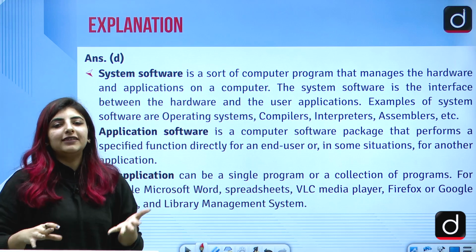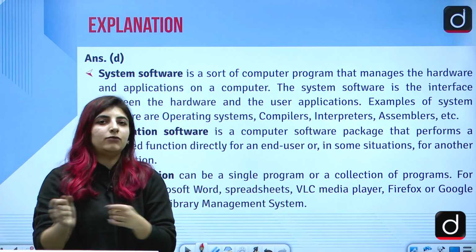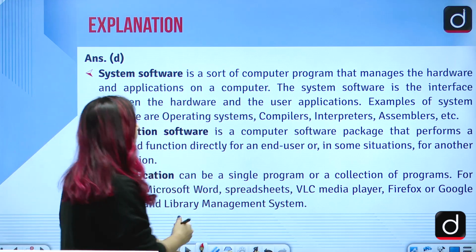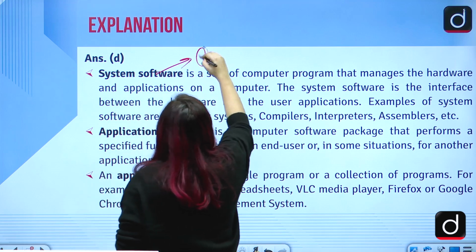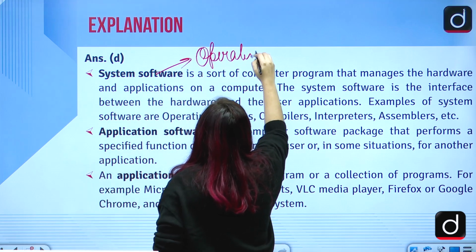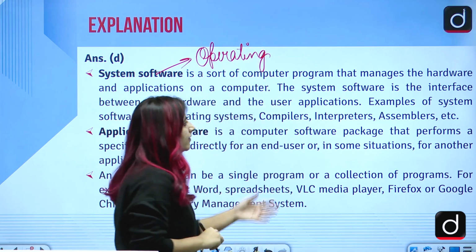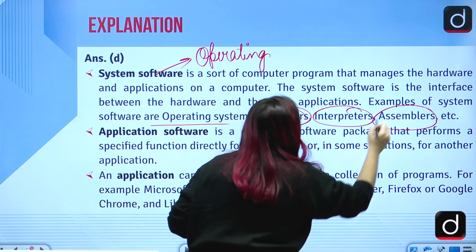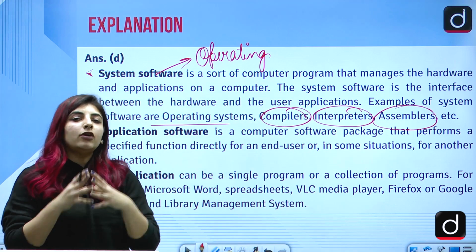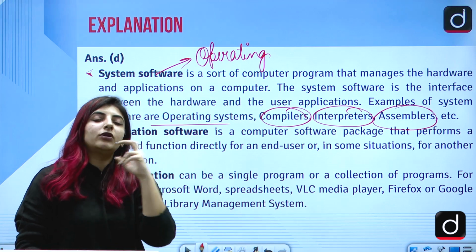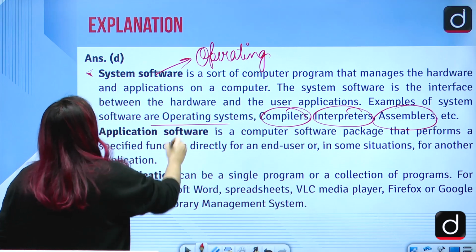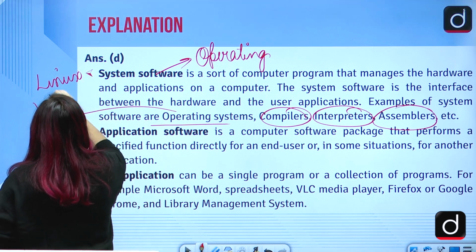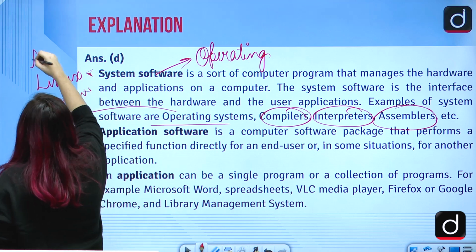First of all, I have given you the example of how if we need our system to operate, we need the system software or the operating system to be there, correct? So a system software is something which is related to the system, for instance, the operating system that we have. Examples could be compilers, interpreters, assemblers, which are used for the translation of the machine level or high level language into the machine code, right? And operating systems such as Linux, Windows, Android in our phones, etc.